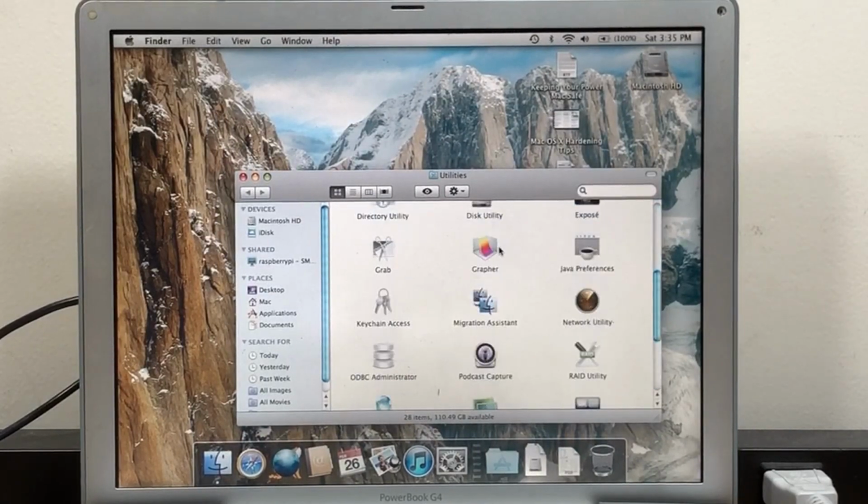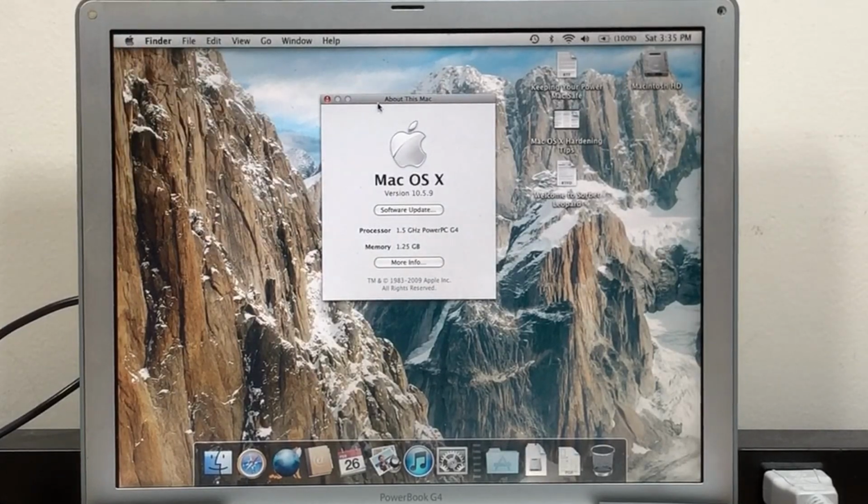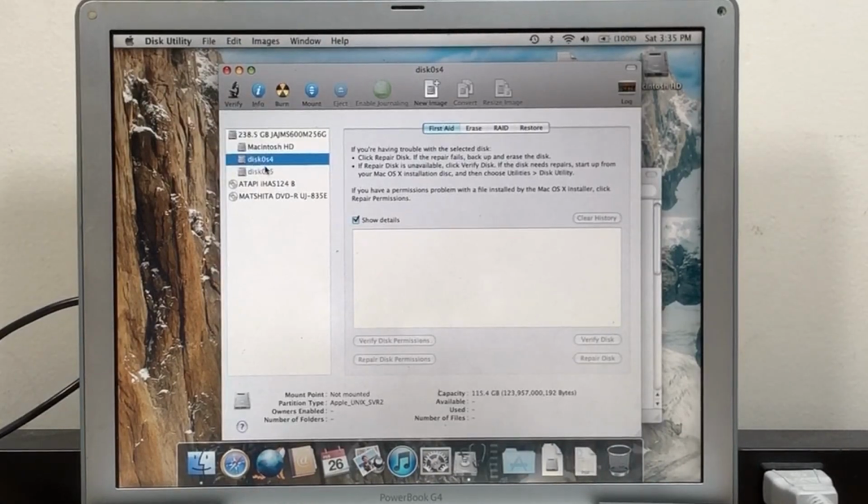Yep, there we go. Everything's up and running. About this Mac: 10.5.9, 1.5 gigahertz G4, 1.25 gigs of RAM. Everything is working. Alright, yeah, this is exactly what I expected to see. Except I guess this is swap, and the Bootstrap isn't showing up. So I'm guessing it's either doing something else for Bootstrap, or it's just hidden in Mac OS.